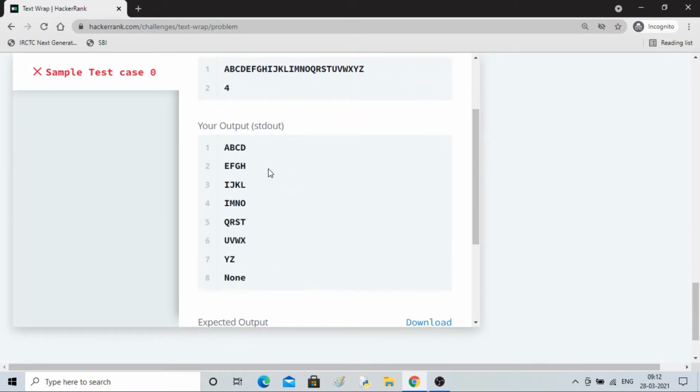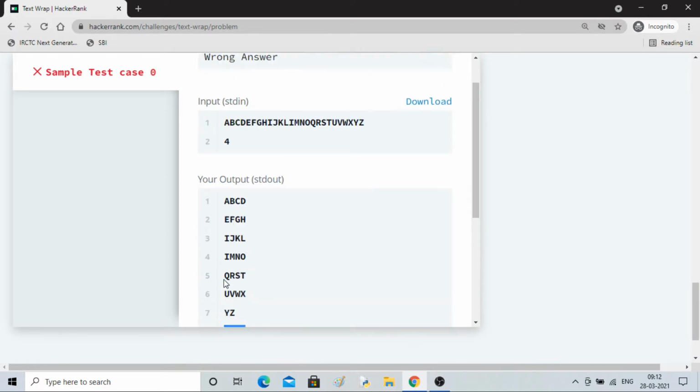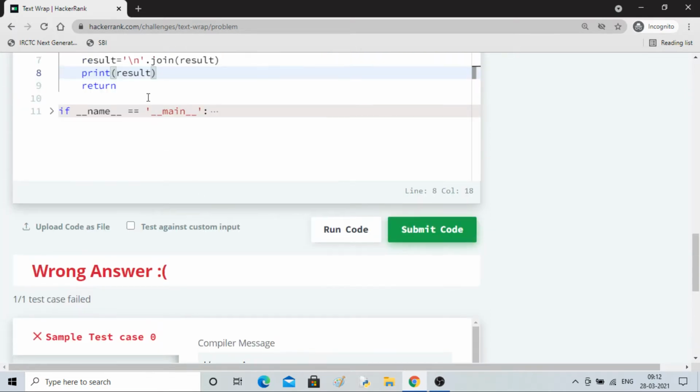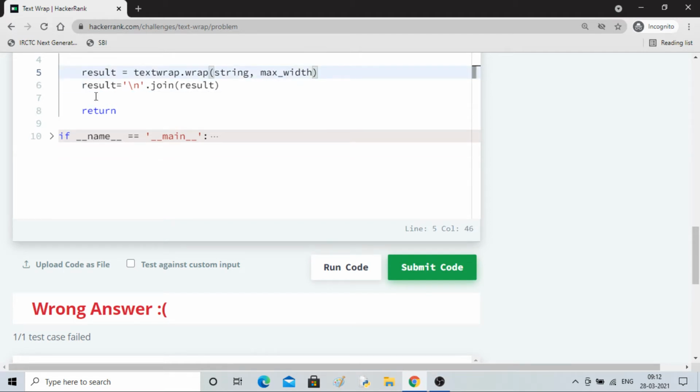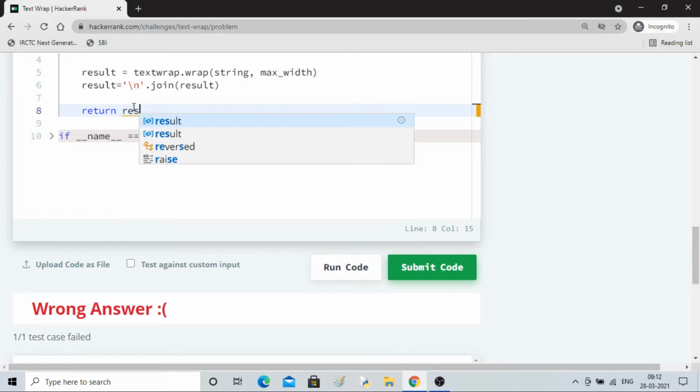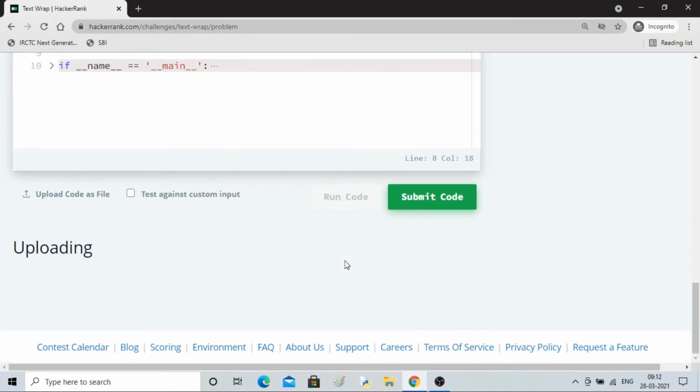You can see that instead of having a list, we have new lines, and it is all stored in result. Now it prints None, so we will pass the result from the function. So return result. Now the code will work.